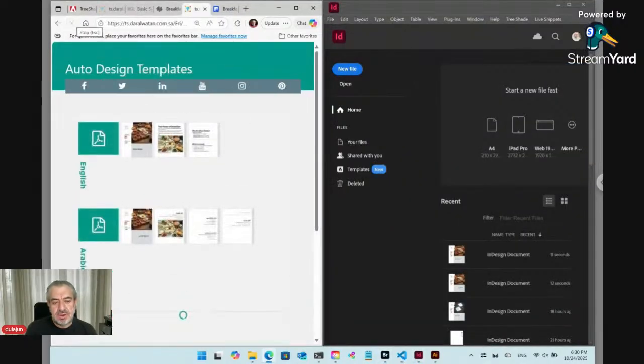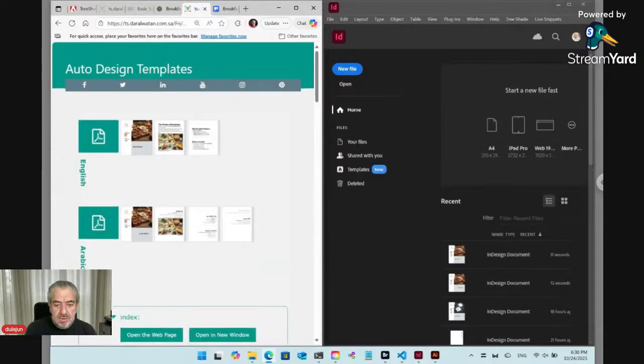So let's refresh. Now we have Arabic and English. And the page automatically expands and shrinks depending on the content. Okay, that's it. If you want to understand how this works and how you can customize,